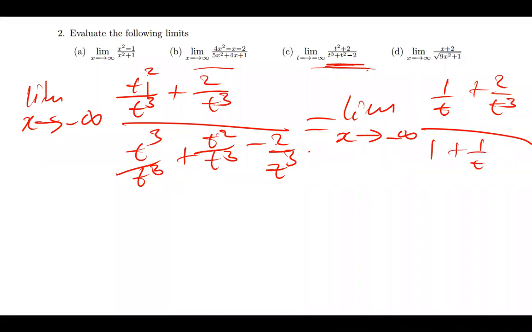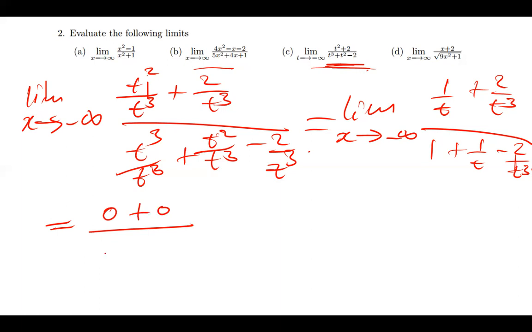And then 2 divided by t to the power 3, we're going to have 2 over t to the power 3. So when you find the limits of all the independent terms in this expression, the limit of 1 over t when x is approaching negative infinity is simply 0. The limit of 2 over t to the power 3 when x is approaching negative infinity will also give us 0. And then down there we have the limit of a constant 1 when x is approaching negative infinity,